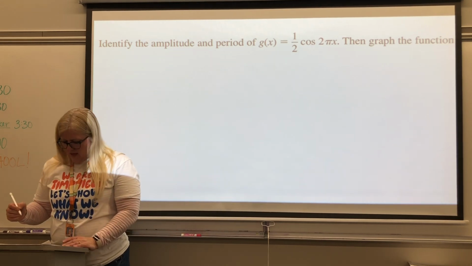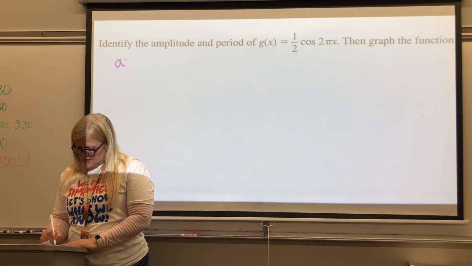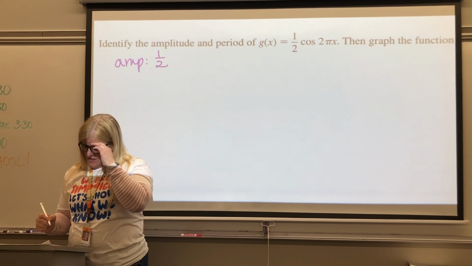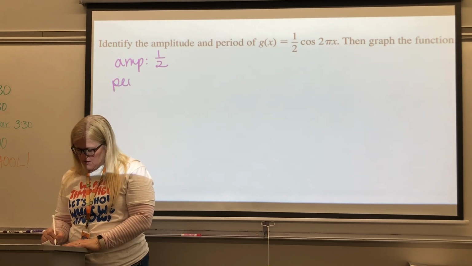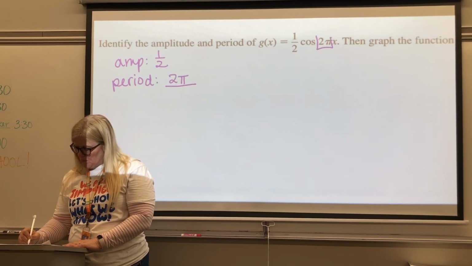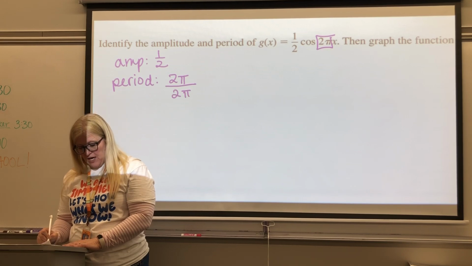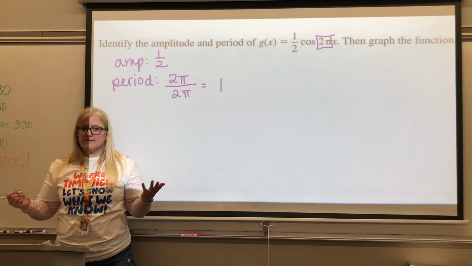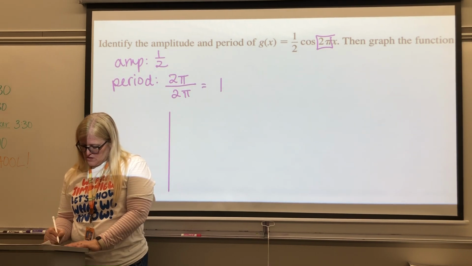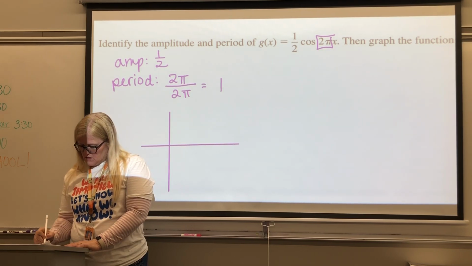Okay, amplitude is 1/2, and the period, well, this is interesting, is 2 pi divided by b. Well, b is 2 pi. So the period is just 1. So when I draw this out,